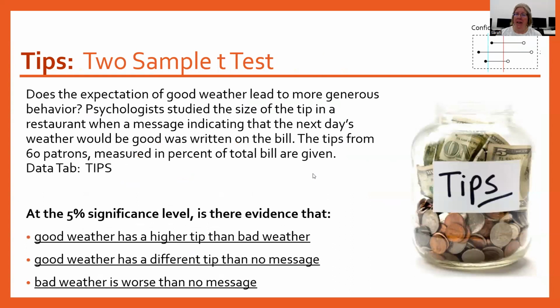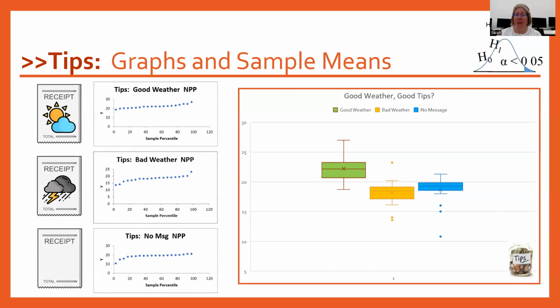Okay, and then one last thing, I would like you to go through and estimate what these means are. So the mean is the X. When I look at the good weather one, I'm going to see maybe about 22 or 23. The bad weather one, the one in the middle, it looks like the mean is maybe about 18. And then for no message, that mean is, I don't know, maybe 18 or 19. So somewhere in there, again, we're just ballparking it. We can definitely get the exact value from our data set, but just kind of ballparking and looking at these,